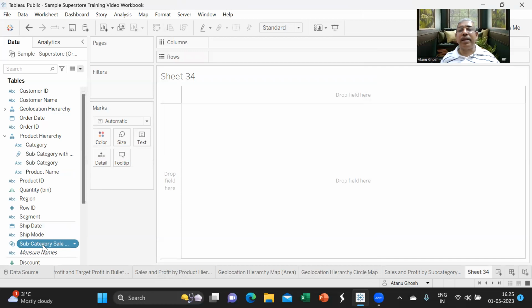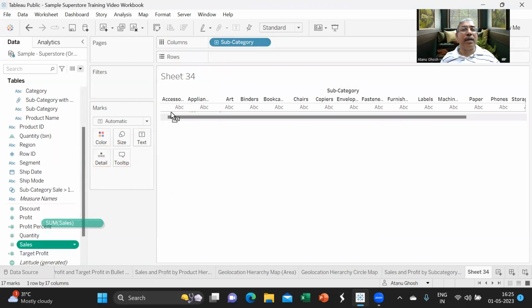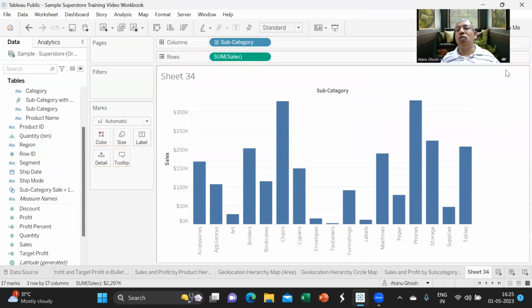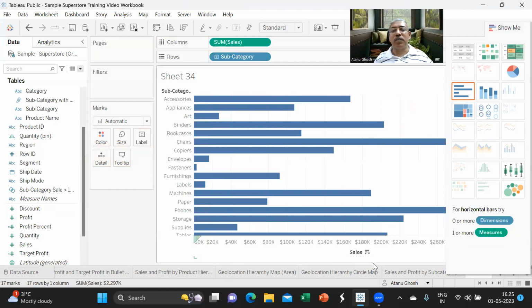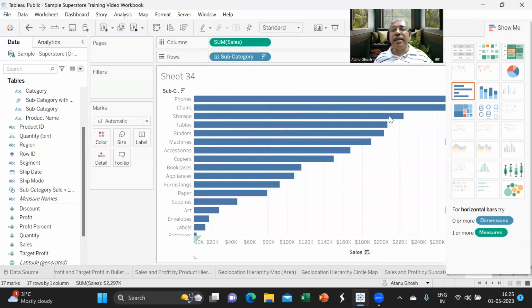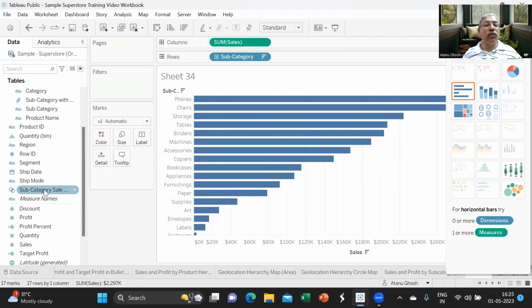So now we have this subcategory set where the sale is greater than 100,000, and if we take the subcategory wise sale, the normal subcategory sale that we have seen, now we can use this subcategory sale greater than 100,000 in the filter. Put this in the filter,